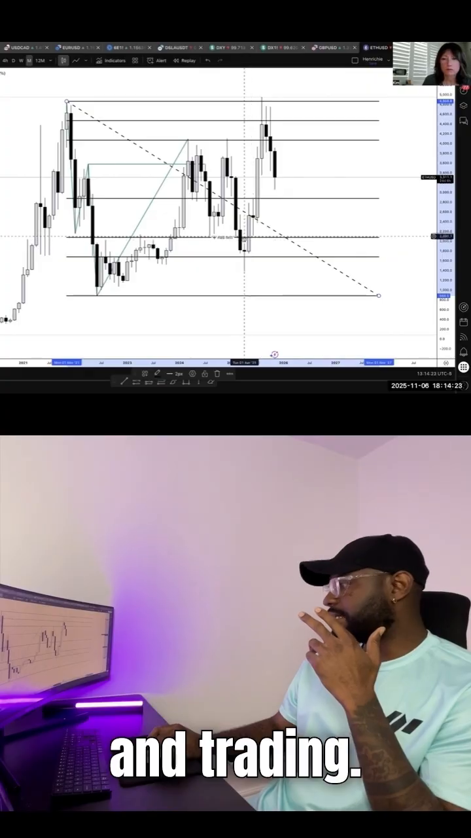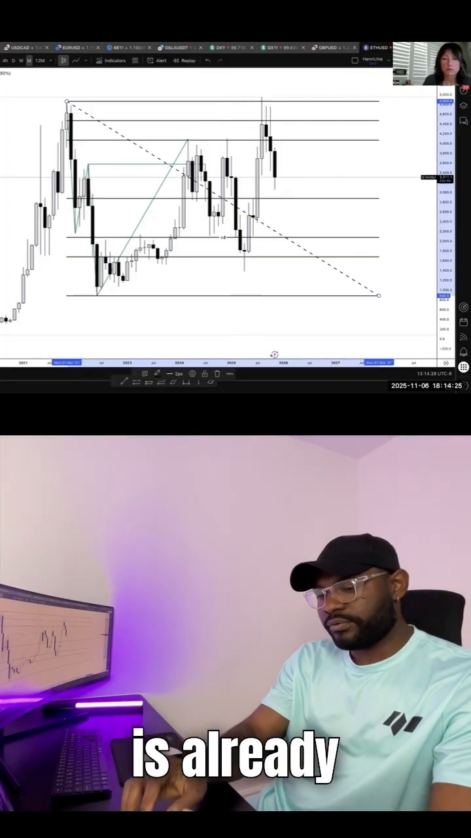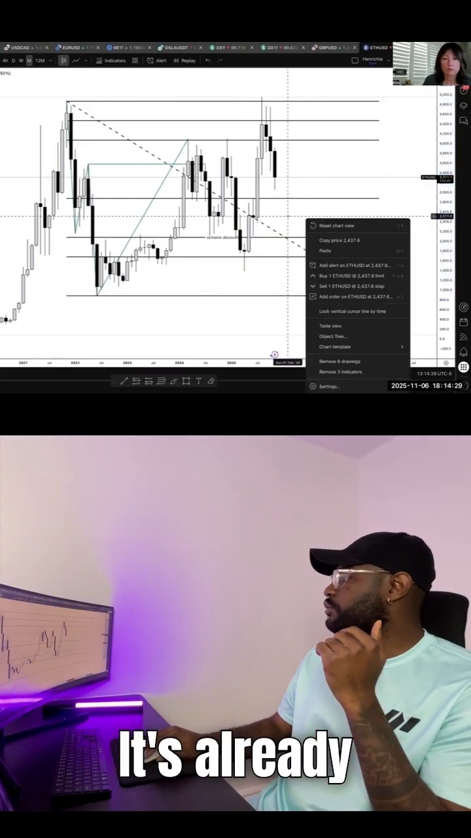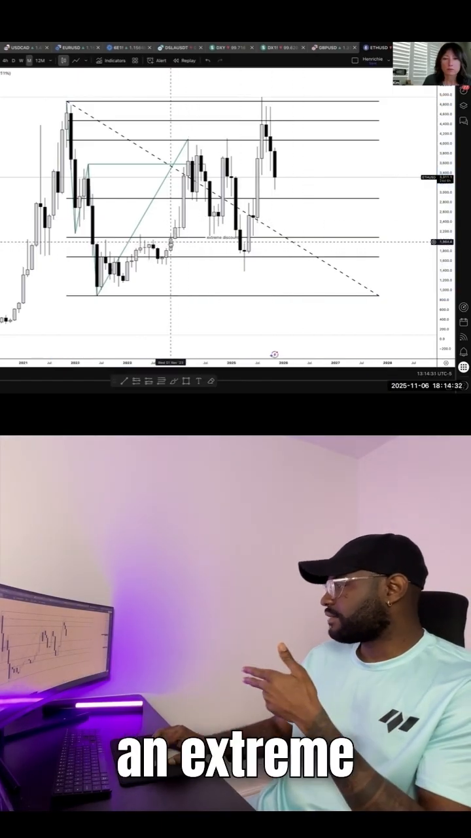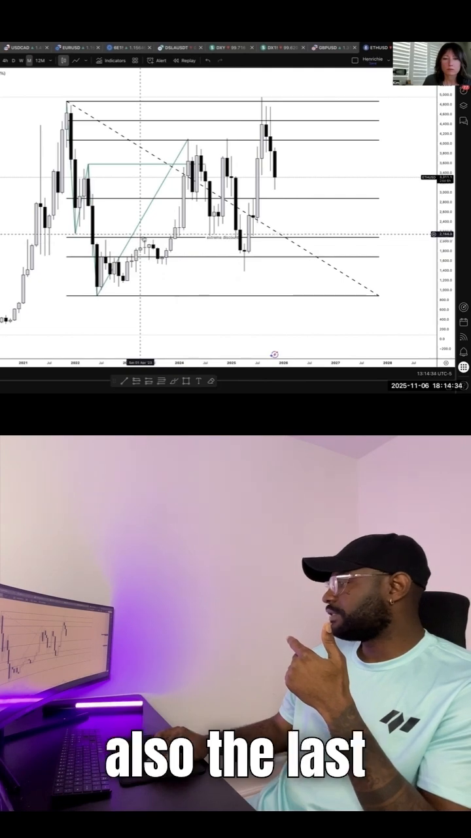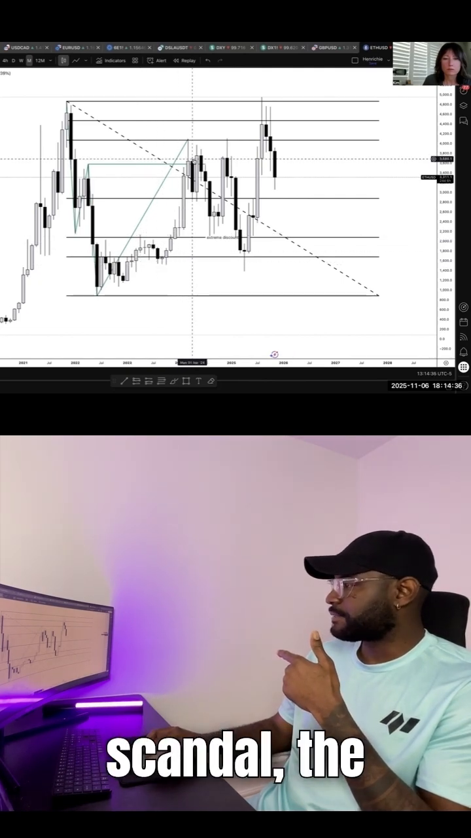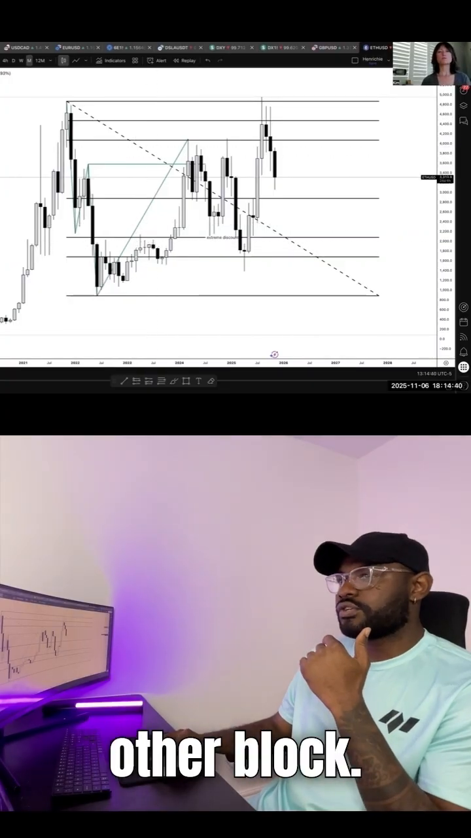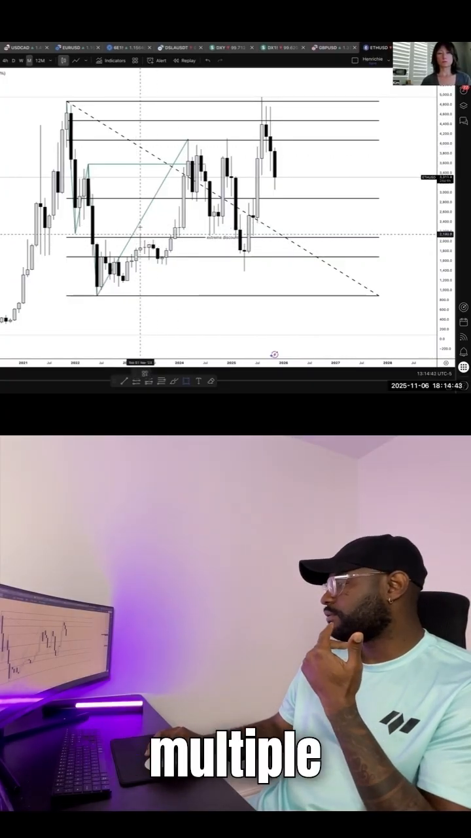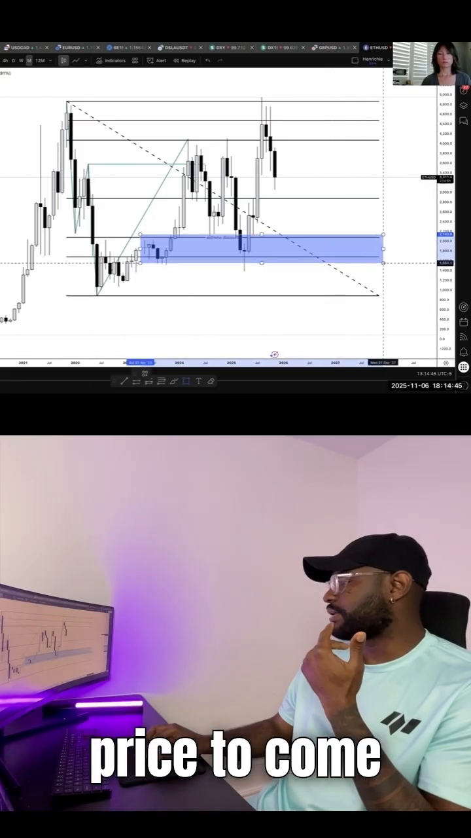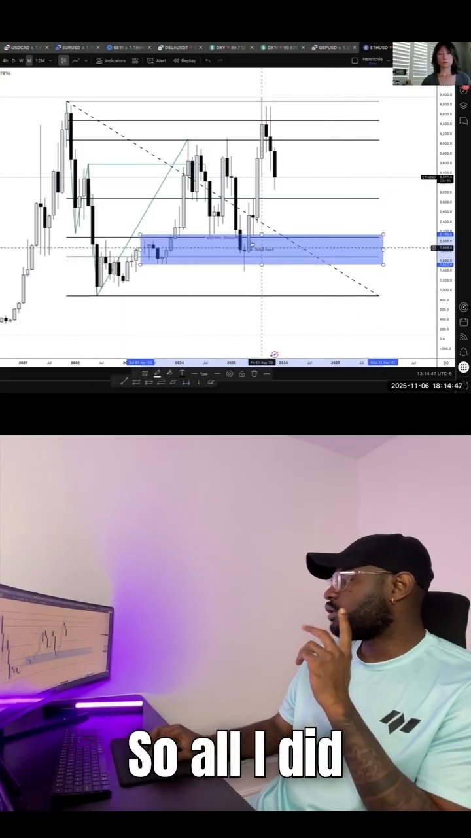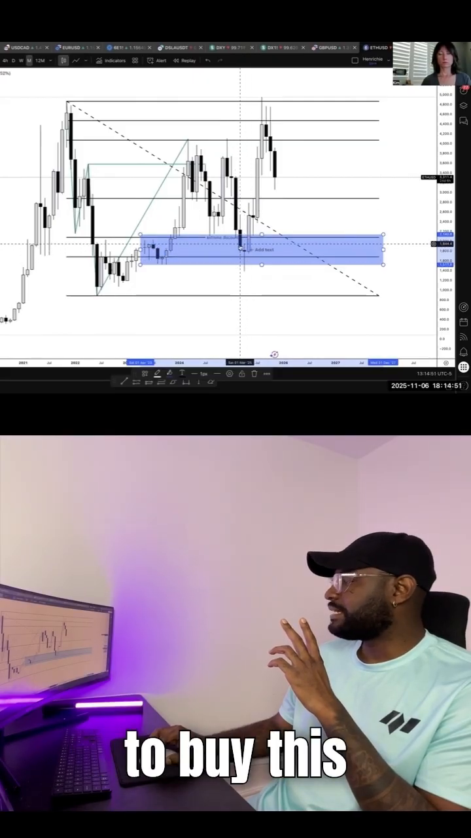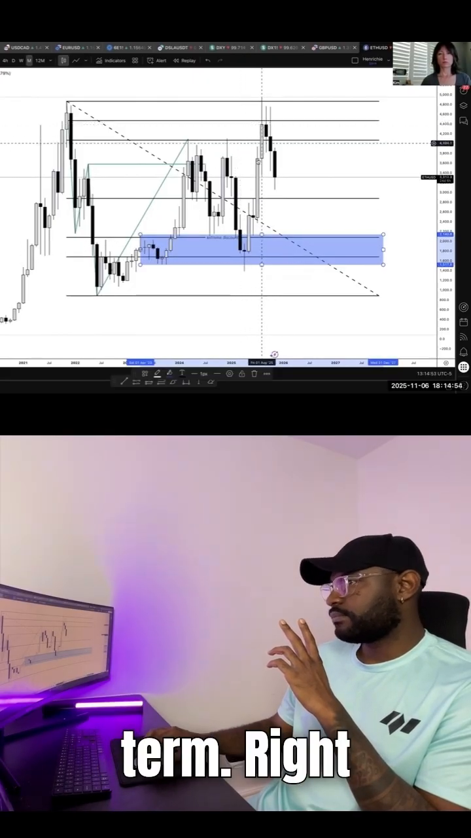Now, this extreme discount zone is already showing me that this is an extreme discount zone, and there's also the last down close candle before an expansion that broke structure. This is also known as the order block. So now I have multiple confluences aligning for price to come down in here. So all I did was to wait patiently whenever price came in here to buy this for the long term,